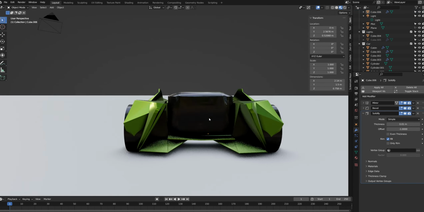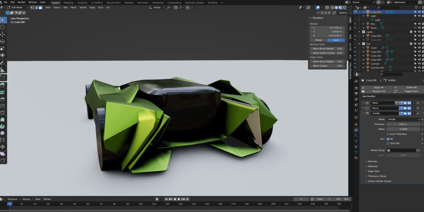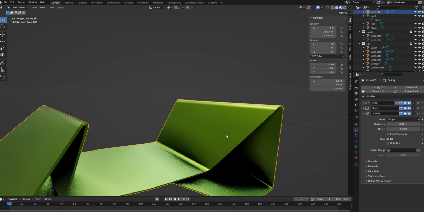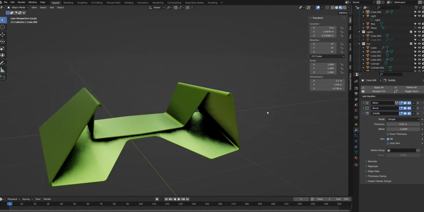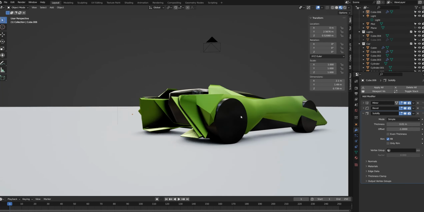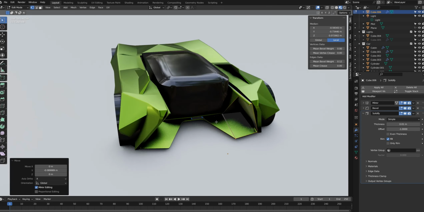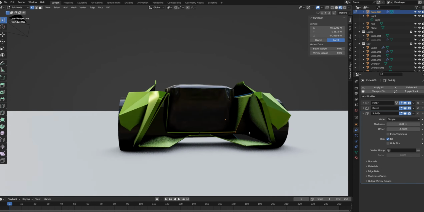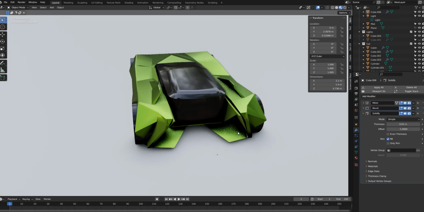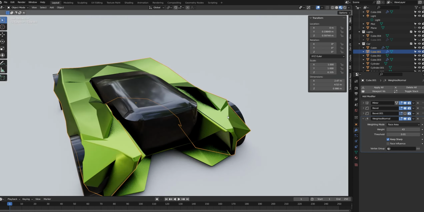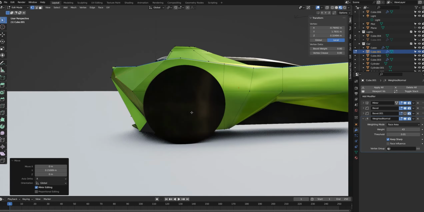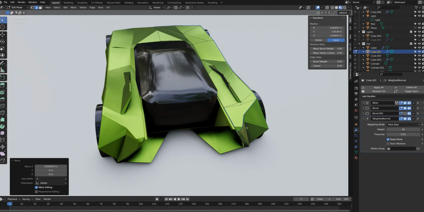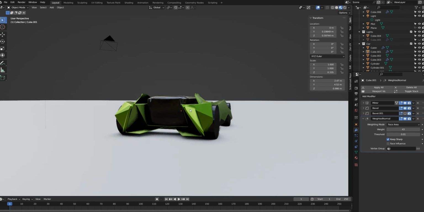Just trying to figure out a nice shape for the air outtake. There'll be a lot of fiddling around, just moving stuff, checking how it reflects, how it's looking, good, not looking good. Just constant thinking,